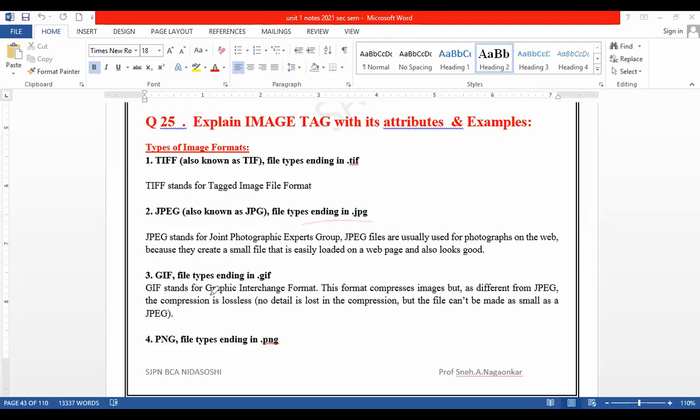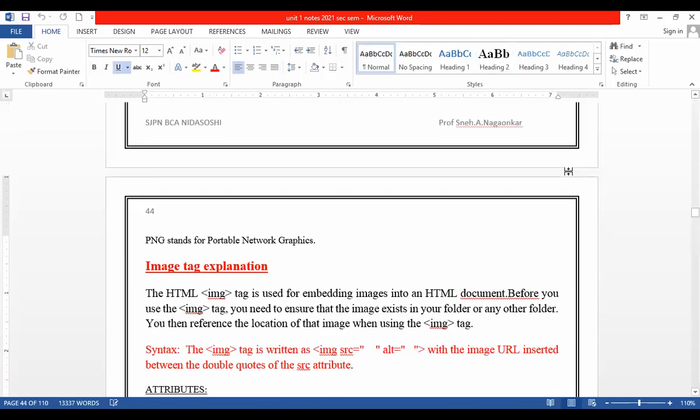Okay. We have GIF, that is graphics interchange format, right? The blinking images, you know, like good morning, good night, blinker images, all this will come in GIF, that is graphics interchange format. Okay. Then we have PNG. Okay. So why are these PNG images used? These are the replacement of GIF. Sometimes we can use GIF and sometimes we can use PNG images. PNG is nothing but portable network graphics, right?